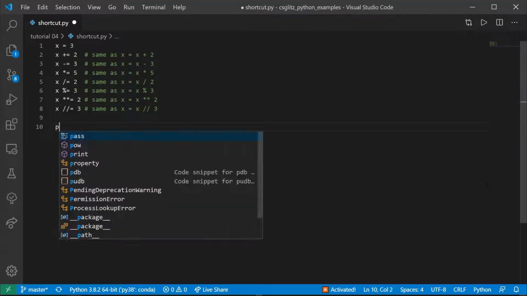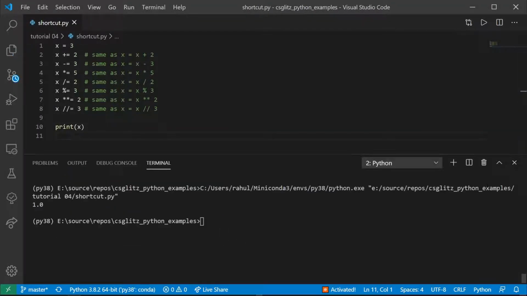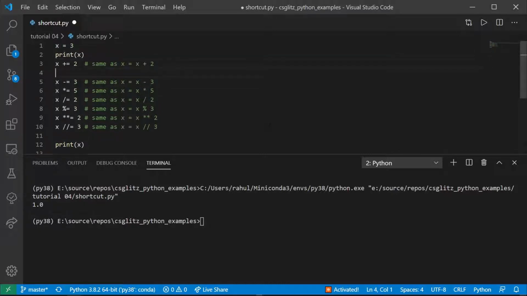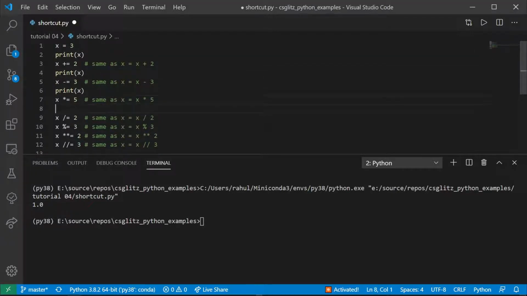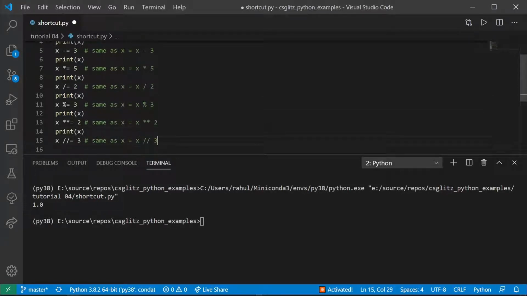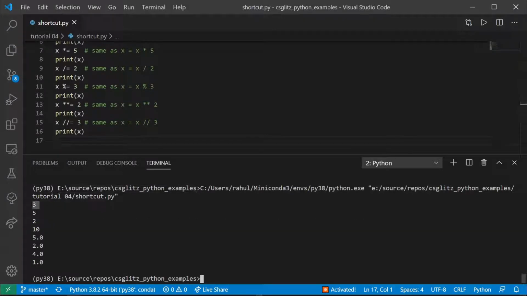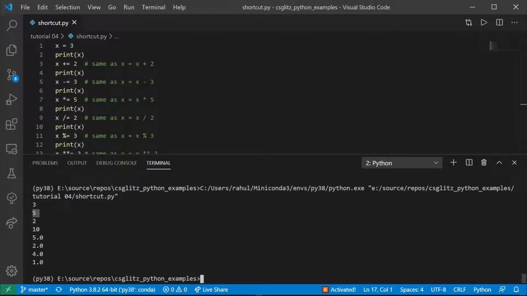Let's print the final value of x. There are even bigger programs than this, which can be much more difficult to understand. To understand what is happening, we have to calculate it line by line or put a print statement in between each one of them. In such situations, we can use debugging to understand the code.